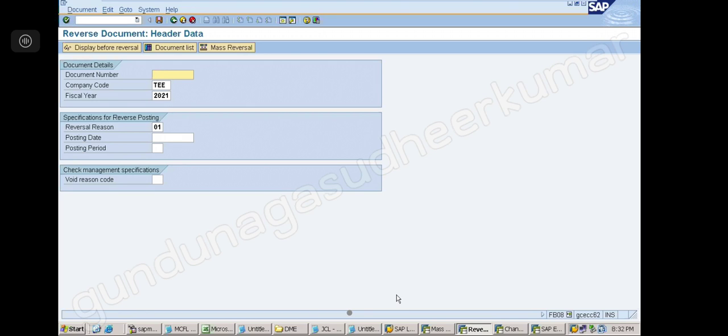Understood? So here when we are reversing, we are not reversing only that part. The entire document is getting reversed because of a small minor problem. Again you have to give all the details. 99% is correct, only that 1% you wanted to change, but for that you have to give everything. Is it clear?